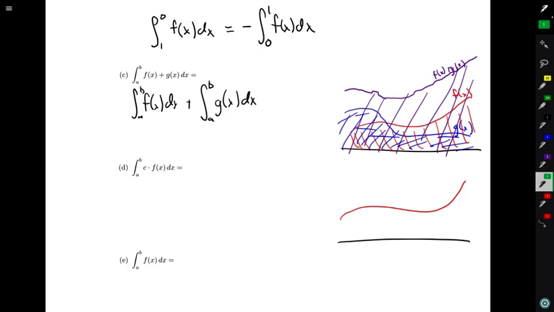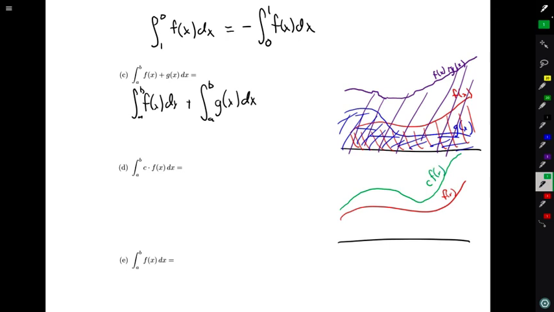If c is bigger than 1, which is the picture that I'm going to draw, all of my y values are going to increase, and the ones closer to the axis increase less than the ones farther from the axis. So we'll have something that looks a little bit like this, and then a large thing growing at the end. So if we want to find the area of green, where red here is f of x and green here is c times f of x,